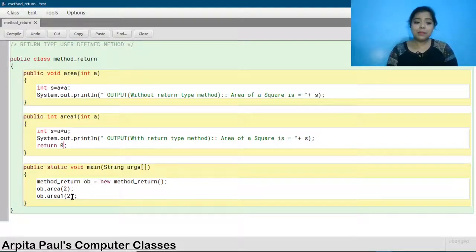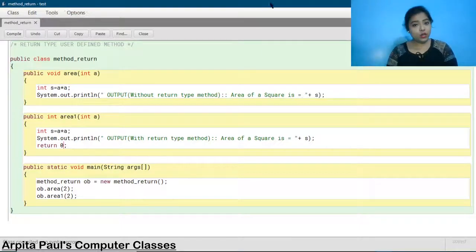Now to call the methods I am using this object of the class. I am writing ob.area and passing the value as I have passed the parameters here. So ob.area within brackets 2, and here also I am passing the same value, ob.area1 within brackets 2. Okay, let me show you what the output will be.